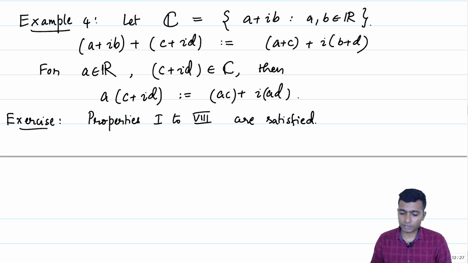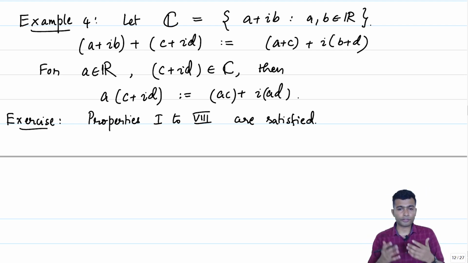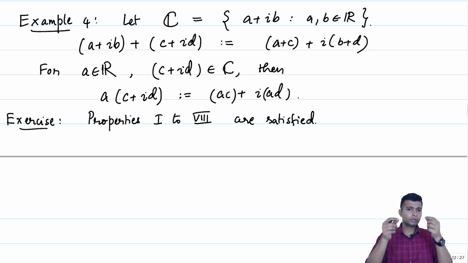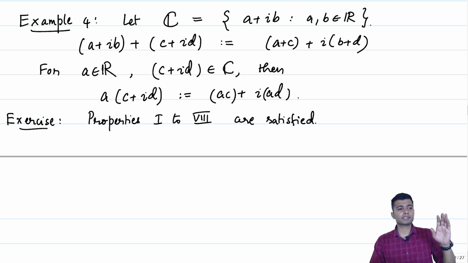So if you have worked with complex numbers, you would have seen that we can also talk about multiplication of two complex numbers, and we get back another complex number. For example, a plus ib times c plus id is ac minus bd plus i times ad plus bc. But to talk about a vector space, let me reiterate, given two vectors v1 and v2, we do not talk about the product of v1 and v2. That operation is not defined in a vector space. The only operation that we are defining is a scalar multiplied to a vector.